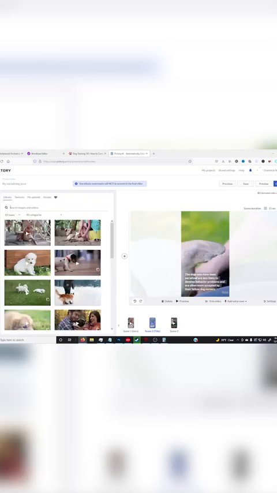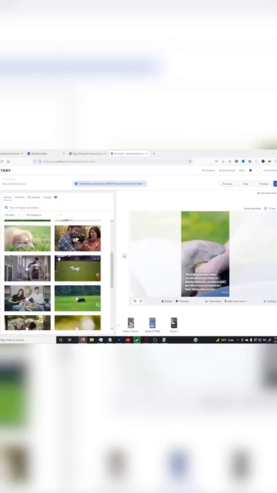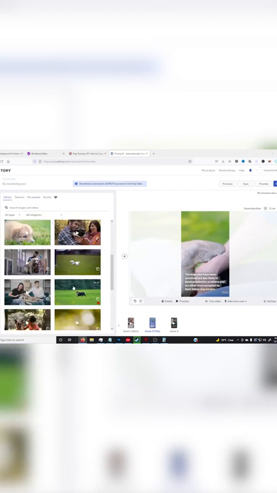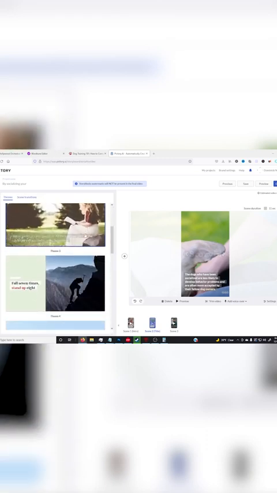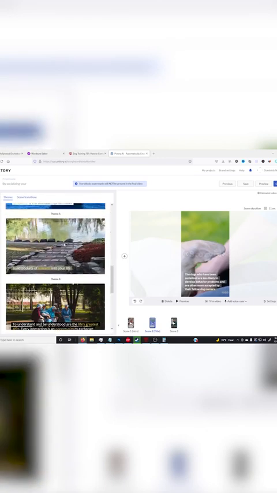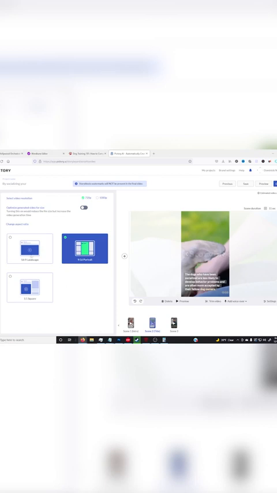Now what's really nice is on the finished video, when it's exported, this Storyblocks watermark will not be present. This is just a preview. You can come over here to the visuals tab. You can add in all sorts of images, videos, and things like that into your video and replace stuff. In the audio tab, you can also add in all sorts of music, and you could upload your own voiceovers, and there's a little tool that would allow it to auto sync to all the slides present. You could also choose a variety of different styles of text that matches your video the best. And of course, you can choose different formats, and when you are all done, you can go ahead and export